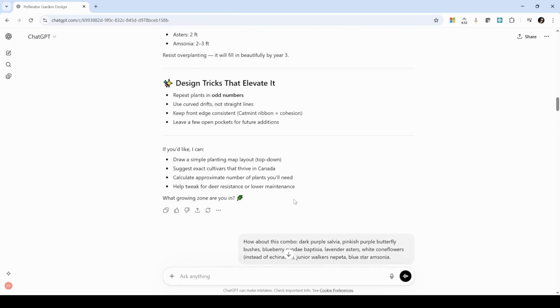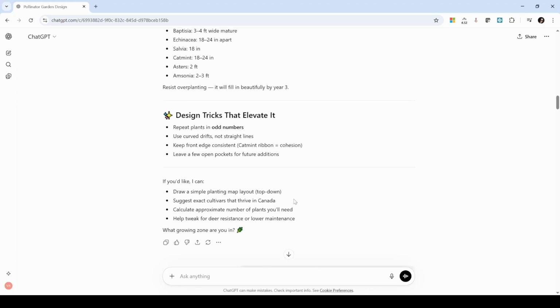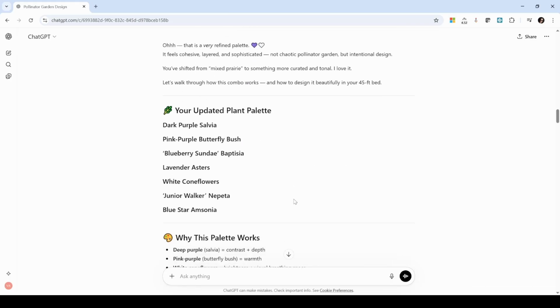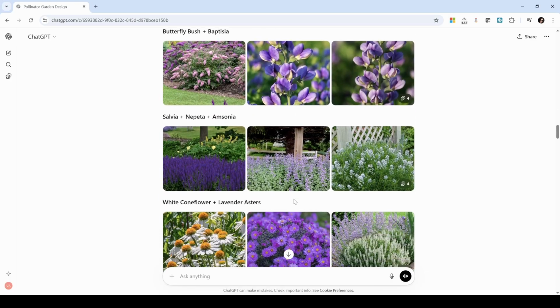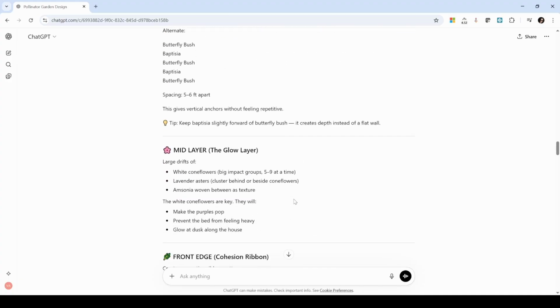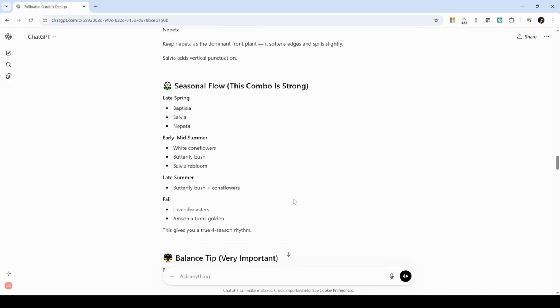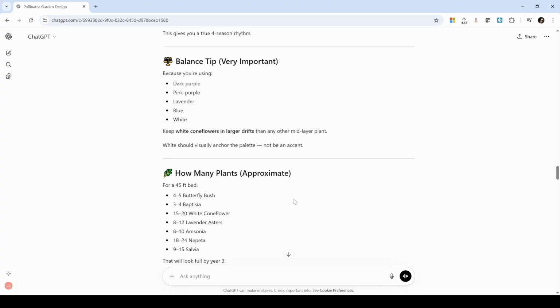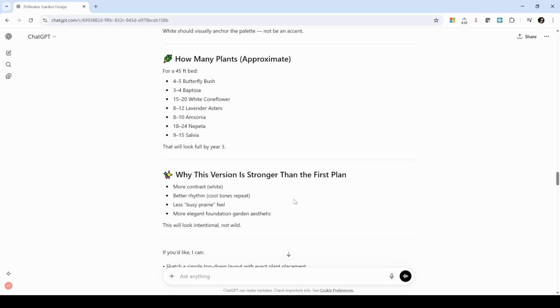Anyway, moving right along. I'm talking about how this is now with those specific varieties. It's giving me a new planting schema. The balance, dark purple, pink, purple, lavender, blue, and white. Keep white coneflowers in larger drifts than any other mid-layer plant, just to offset all that purple, which I thought was a good suggestion,